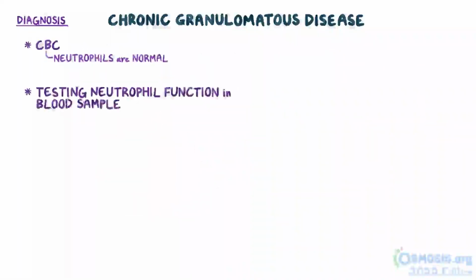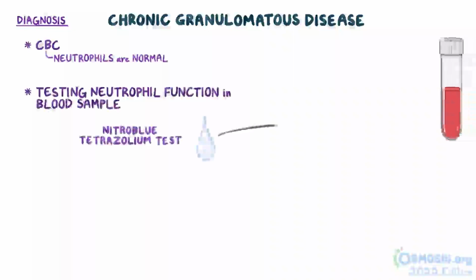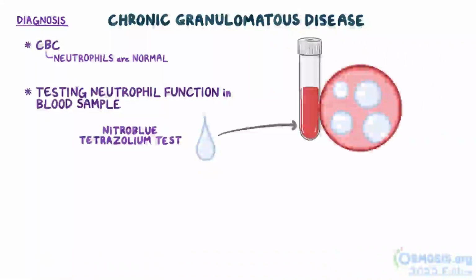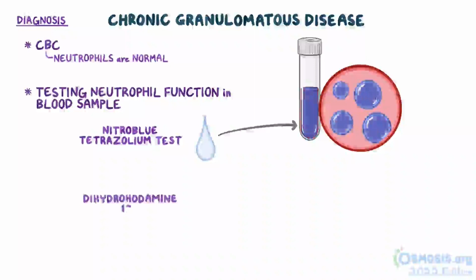sample. A very old test is the nitroblue tetrazolium test, which is when a colorless dye called nitroblue tetrazolium is added to the blood sample. If the respiratory burst is working properly, superoxide ions are produced and react with the dye, changing its color to a deep blue. A newer test is the dihydrorhodamine 1,2,3 test, which is where dihydrorhodamine 1,2,3 is added to the